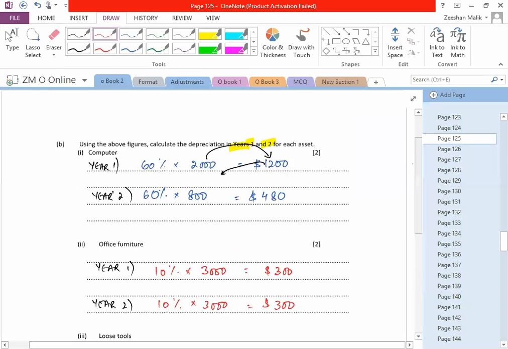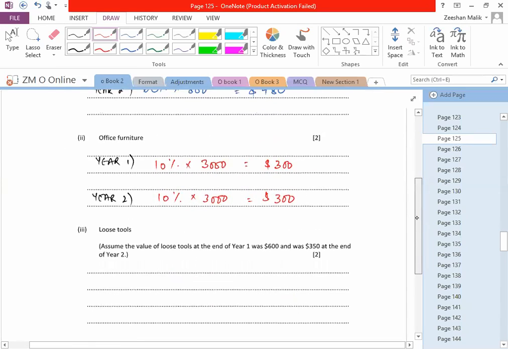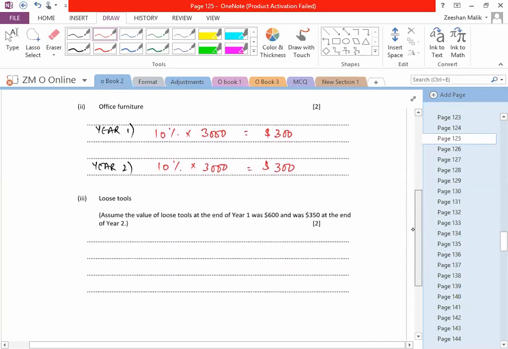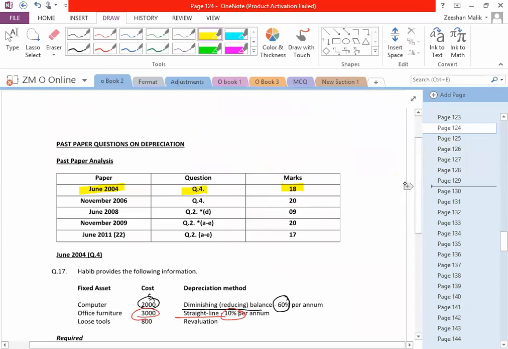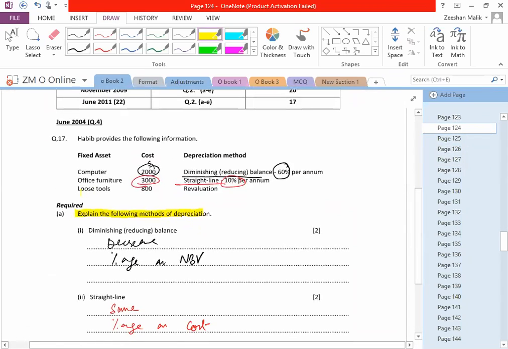The revaluation method is to be applied on loose tools. Assume the value at year end 1 is 600, year 2 is 350. The end values they have given us for year 1 and year 2. What was the starting value? We need the starting value also. Starting value was